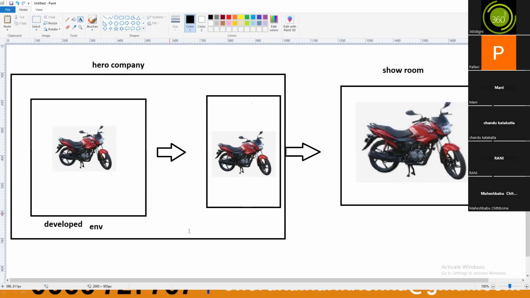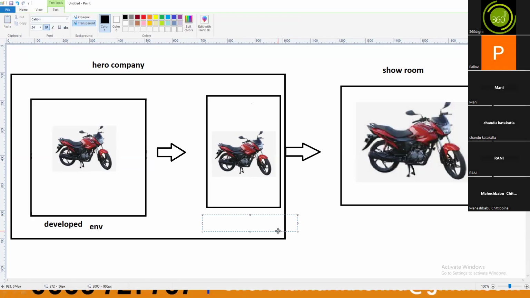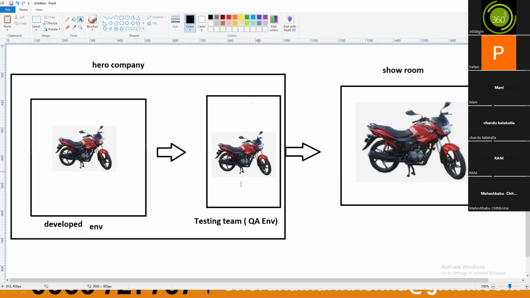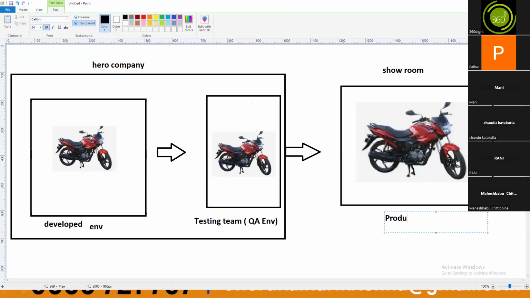So who will test, guys? The testing team will test it. The testing team is nothing but the QA environment, which is nothing but quality analysis. They will validate the quality. Once it is okay, then we will send it to the showroom. Showroom is nothing but a production